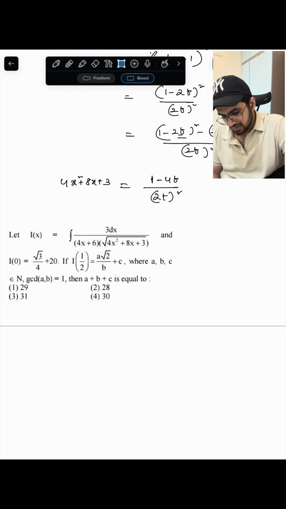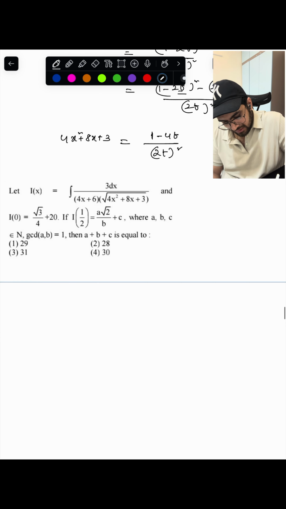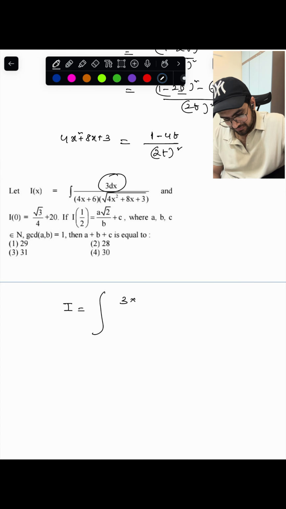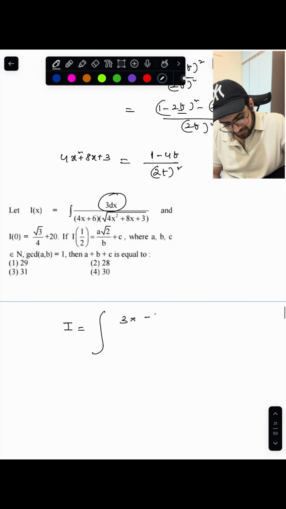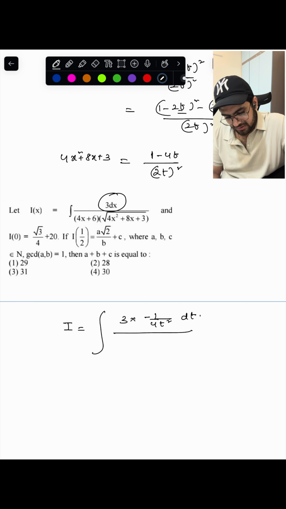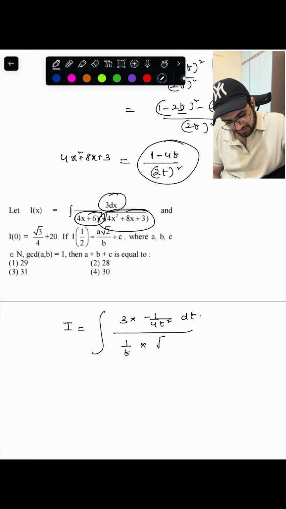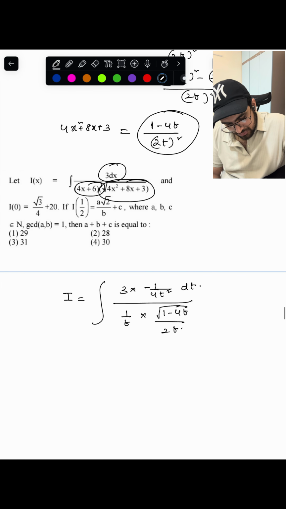So anyways, substitute here. So I is integration of 3 dx, instead of dx I can use minus 1 by 4t square dt. Okay, next, this part I can write 1 by t, and this part square root of this one, that means square root of 1 minus 4t by 2t. Okay, here 2 will cancel out, t square cancels out, so you will be getting